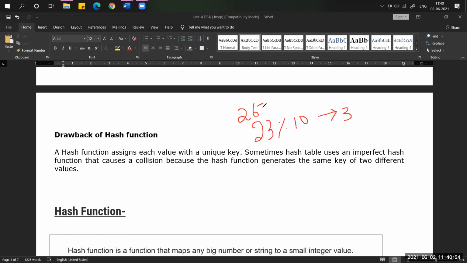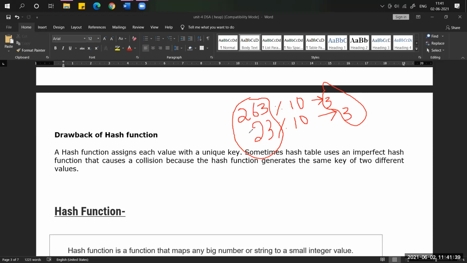263. Again, I'm taking another number, that is 263. Even if you do modulus for this new data item, 263, what output will we get? Same, 3 only. It means for two different data items, we are getting the same location number. At that time, the compiler can't choose which data item will be stored at the third location. That is the drawback we got previously, right?